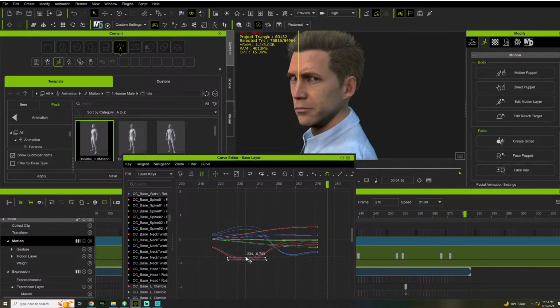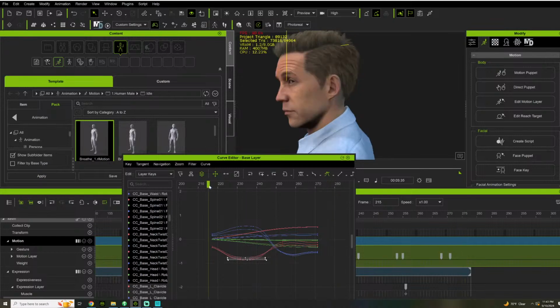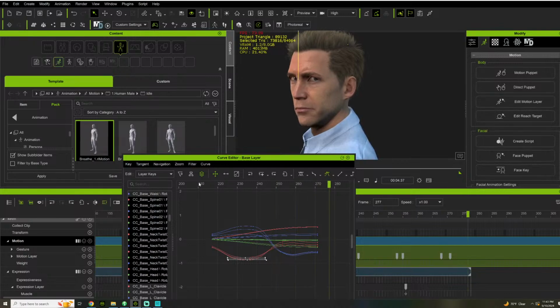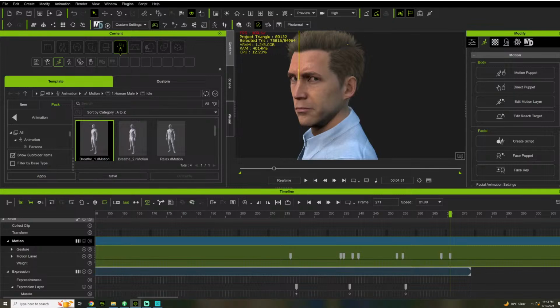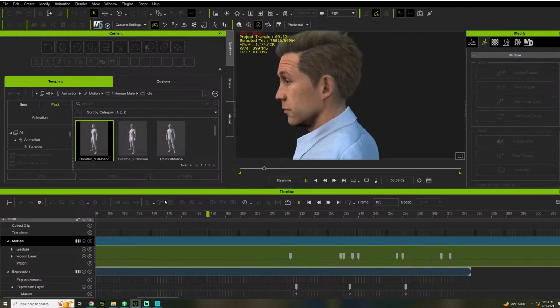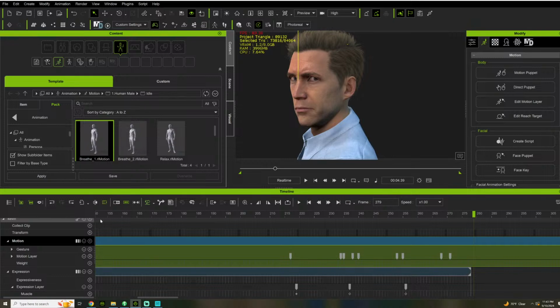So let's just move it here just a little bit, see how that does. I know it's sometimes a little tedious, but